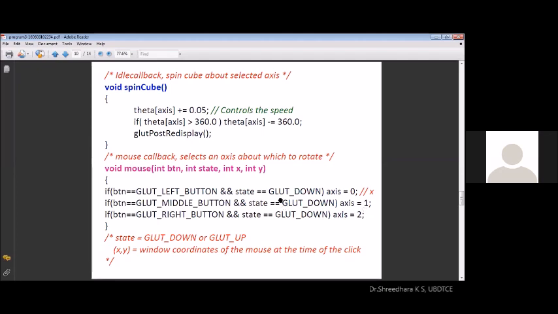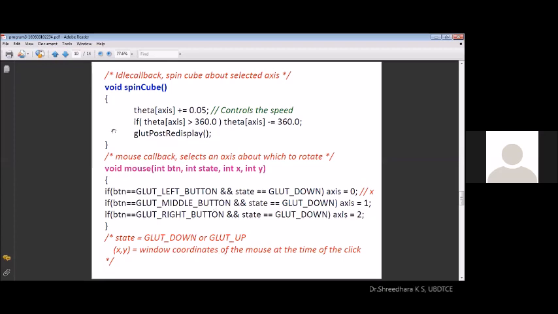There are other two states which are supported with a 3 button. The corresponding can be operated in the mouse function. So take care of this state equal to glut down or glut up that you are familiar with, and the XY window coordinates of the mouse at the time of the click, the corresponding X and Y support, and finally you are taking the values of axis support.